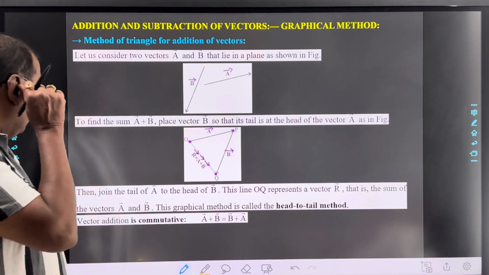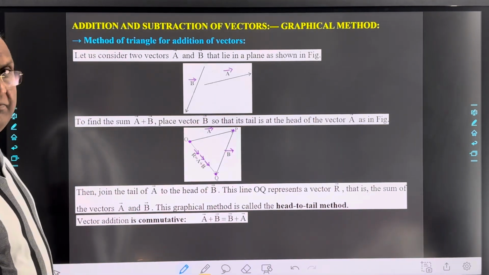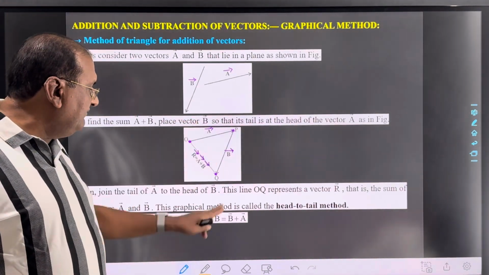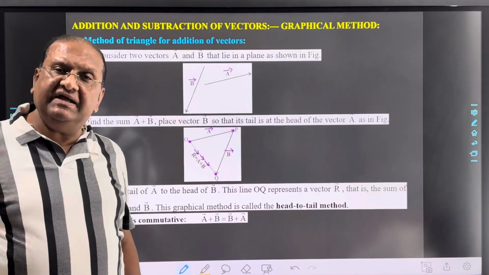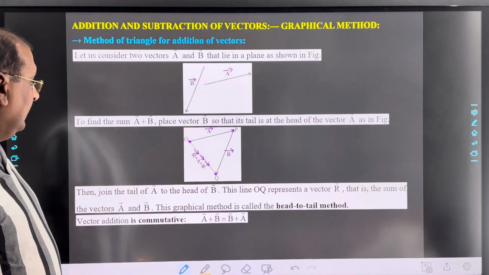Now see here, vector addition is commutative. So if we take vector A plus B or vector B plus A, the result will remain the same. Now